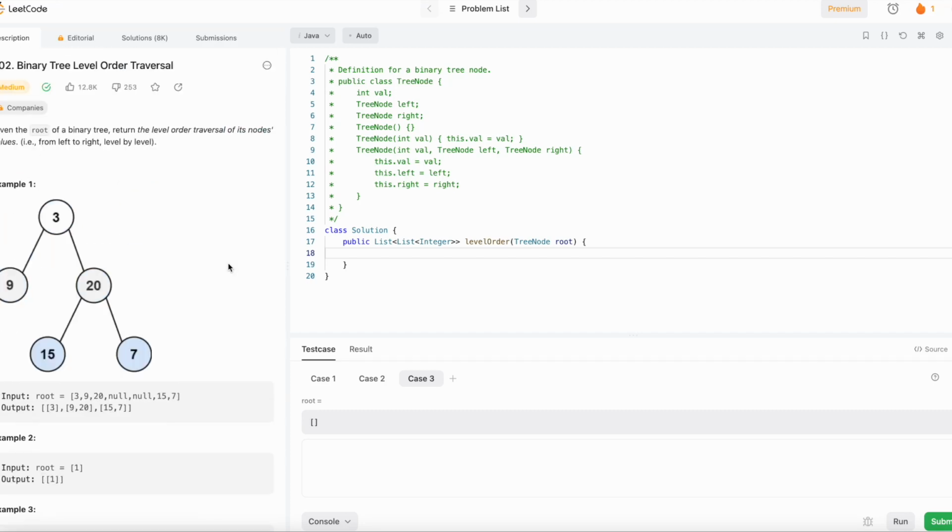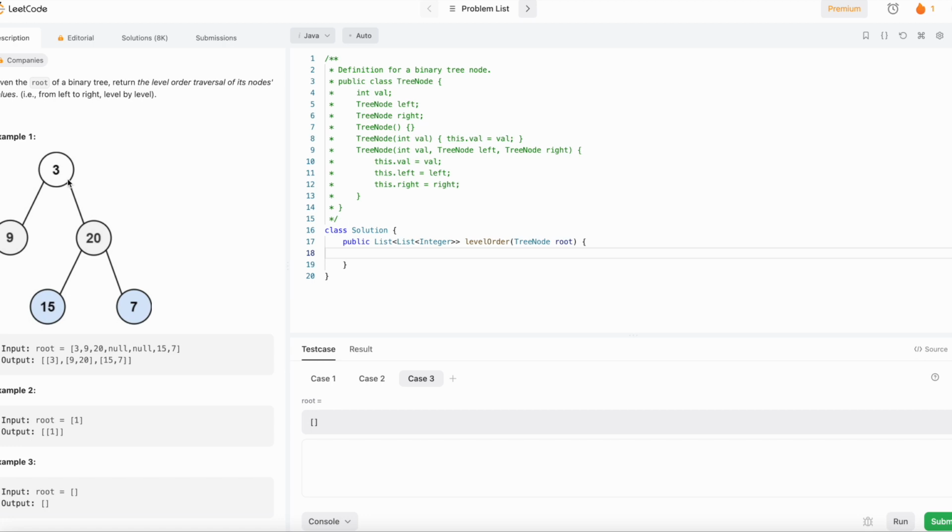Look at the LeetCode problem, binary tree level order traversal. This problem is a common phone interview question for the big tech companies. In this problem, you'll be given the root of a binary tree and you need to perform a level order traversal of it. So here's an example where given this binary tree, the output should be a list of